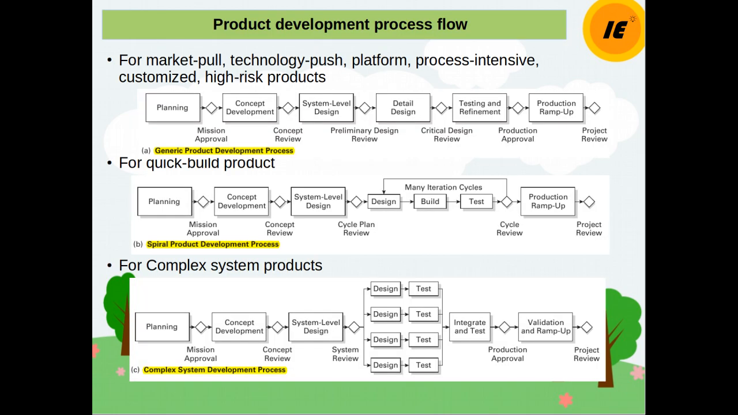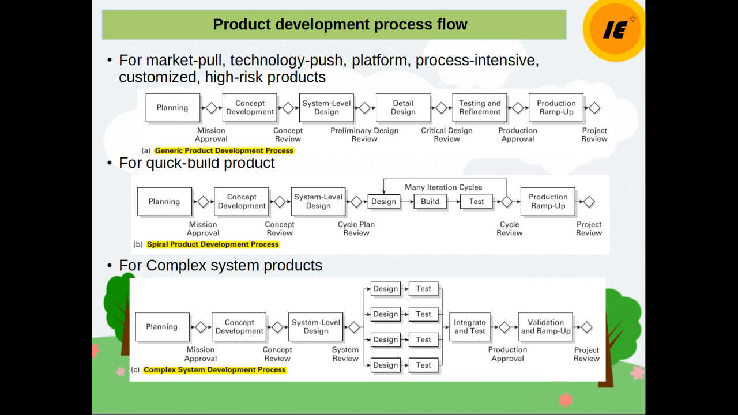So carrying on with the product development process, we need to understand there is something called product development process flow. The process flow that we talked about can have a little bit of change depending on the product that you are developing, whether it is a marketable product, whether it is a quick build product, or whether it is a complex system product. So the author has given here 3 examples: generic product development process, which is the same thing as we had seen till now,